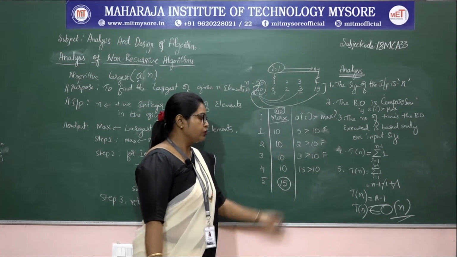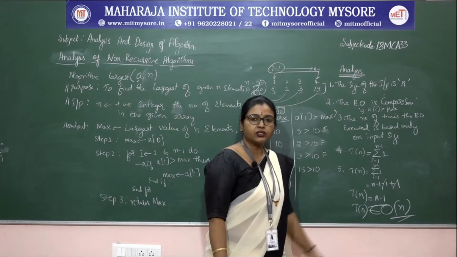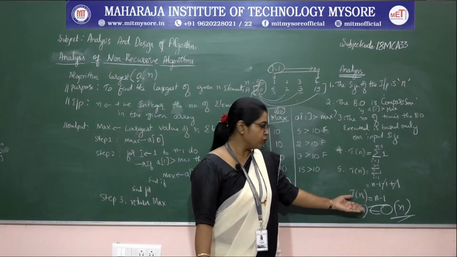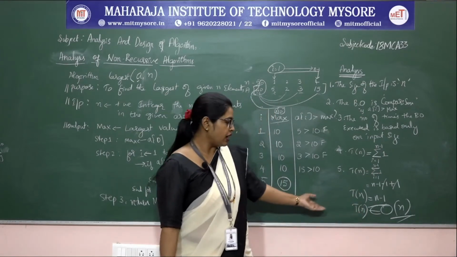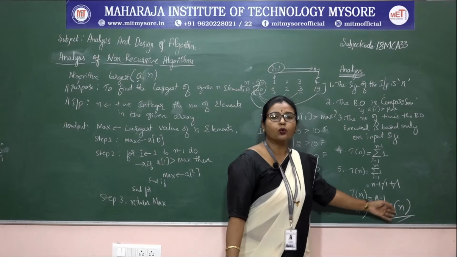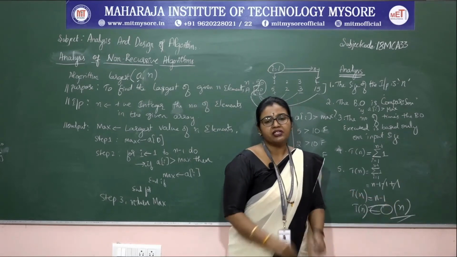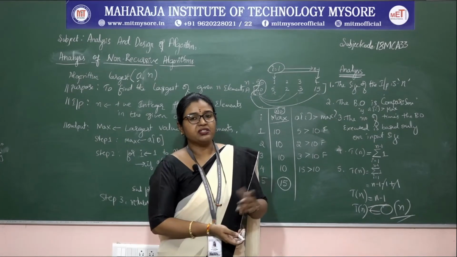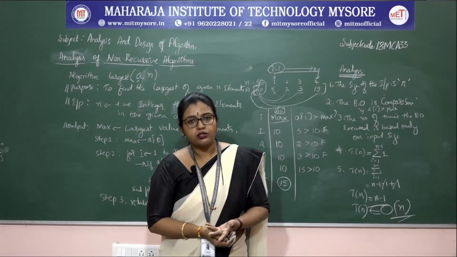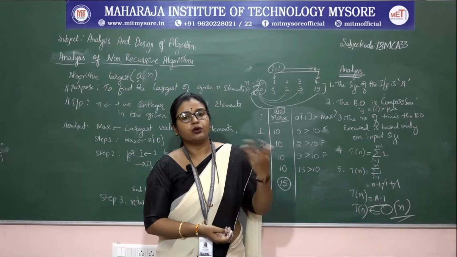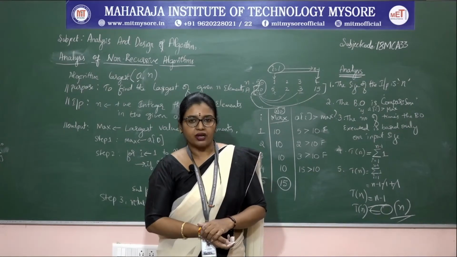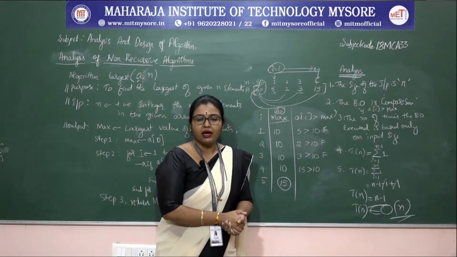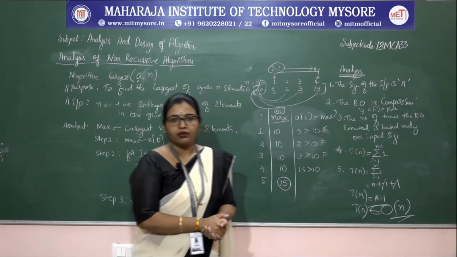So in the previous class, in the asymptotic notations, we saw how to represent the given equation in big O notation. Based on that I have written T(n) belongs to big O of n. That means it belongs to the worst case for the given n inputs. For all the n inputs, we are going to perform the basic operation. This is how we can analyze the given algorithm for the given problem.